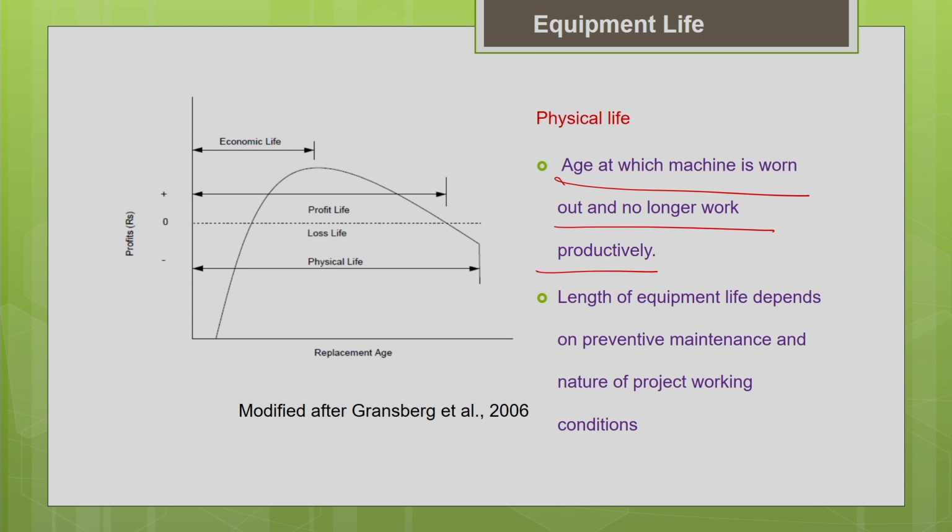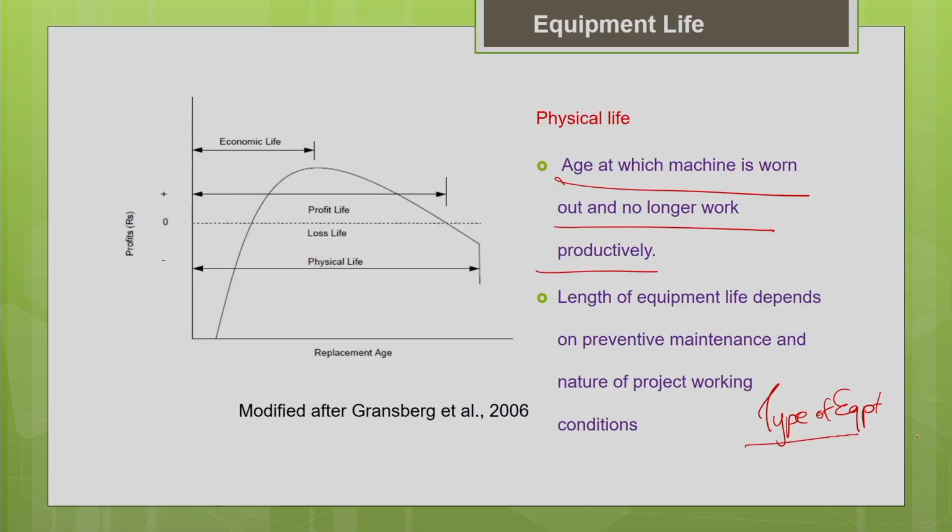This physical life will vary for different machines. As we discussed earlier, it obviously depends upon the type of the equipment. There are certain sophisticated equipments which are not subjected to much wear and tear, say a simple electric motor. For those equipments the physical life will be more. Similarly, equipments which are subjected to less mobility may last for a longer time. Okay, their physical life may be longer.